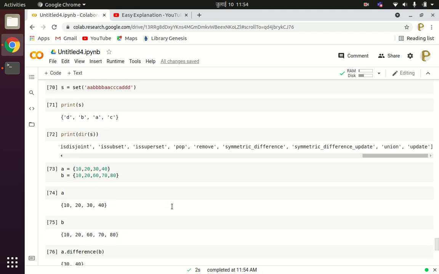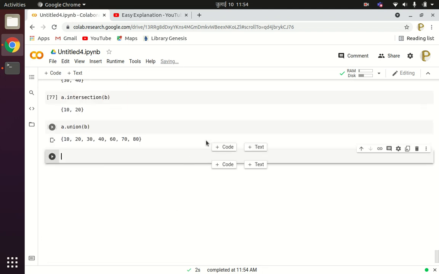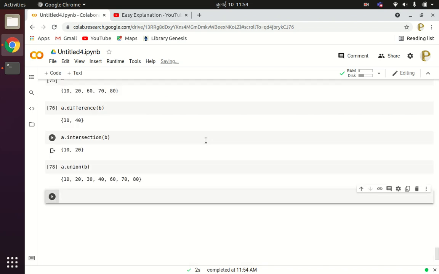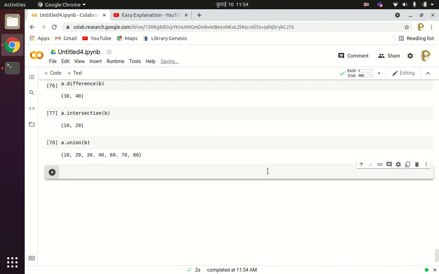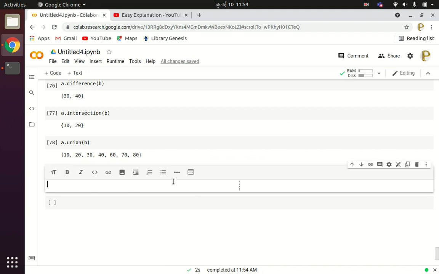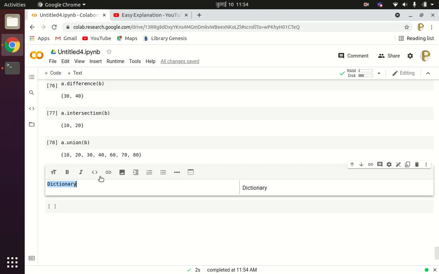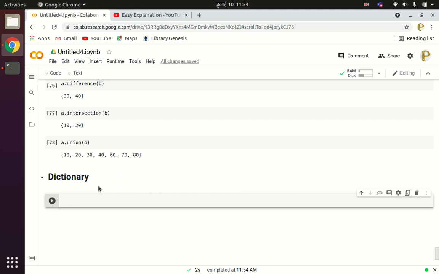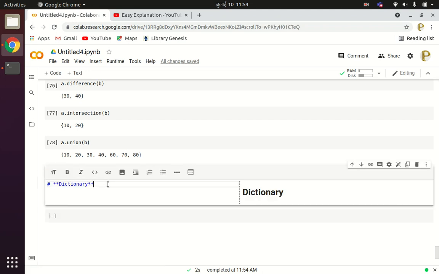Now after the set data structure, the last data structure that we need to understand is dictionary. Dictionaries are a collection of values in the following form.